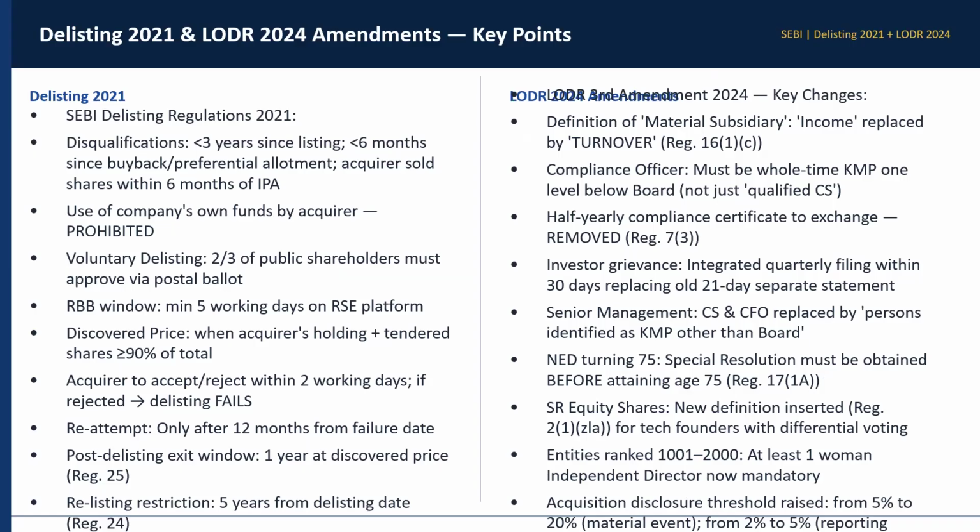पहला रूट, if you want to delist from one or more stock exchanges, but you continue to be listed on one or more stock exchanges which are having nationwide trading terminals। ठीक है। उसमें सिंपल प्रोसीजर है कि आपको सिर्फ बोर्ड का रेजोल्यूशन चाहिए और उसमें शेयर होल्डर्स का रेजोल्यूशन नहीं चाहिए। लेकिन इफ यू वांट टू डीलिस्ट फ्रॉम ऑल, तो आपको बोर्ड का रेजोल्यूशन भी चाहिए और फिर शेयर होल्डर्स का रेजोल्यूशन भी चाहिए। और अगर वॉलंटरी डीलिस्टिंग करनी है आपको, तो उस केस में 2/3 ऑफ पब्लिक शेयर होल्डर्स मस्ट अप्रूव दिस रेजोल्यूशन।